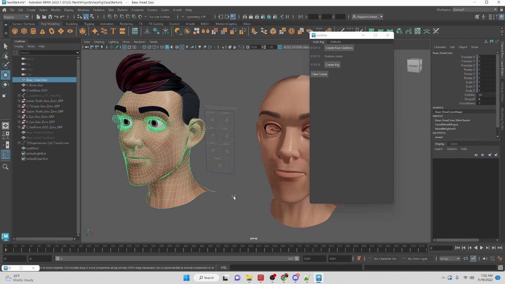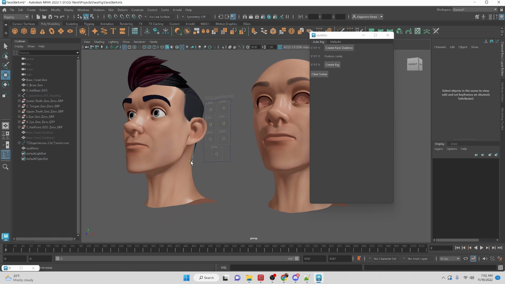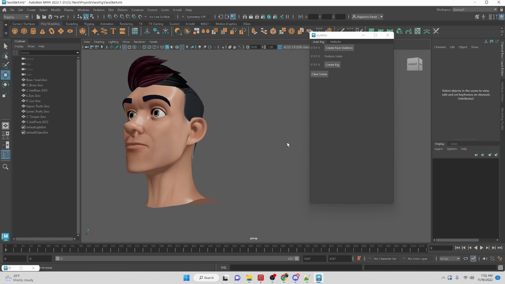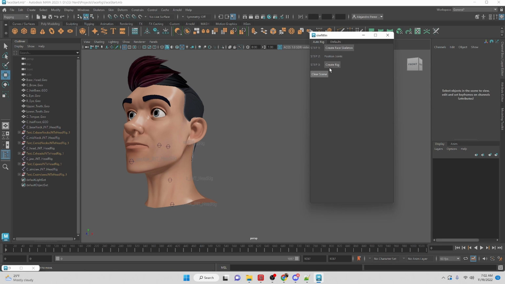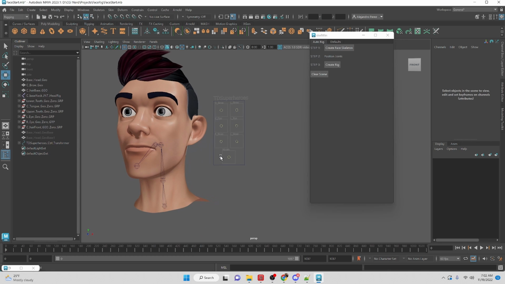So now that we have a fixed version, what I'm going to do is clear the scene, and let's get rid of this head for right now. Let us create the skeleton, then create the face rig. It's going to take a second, and then once it is done, we can actually test it. So let's look at the eye movement, and we can see that we're not having any weird deformations on